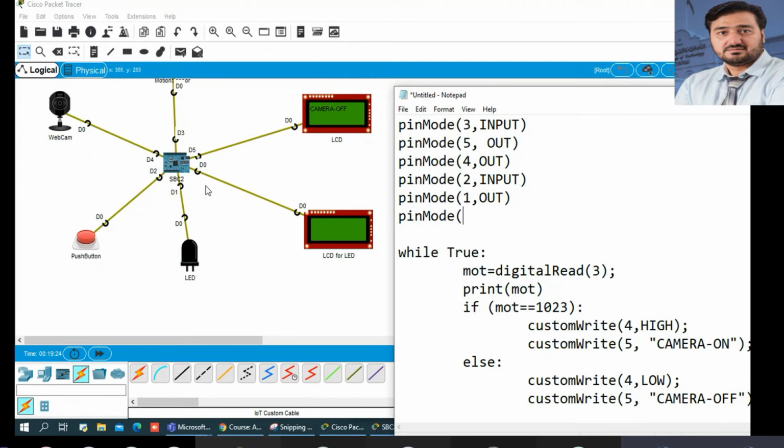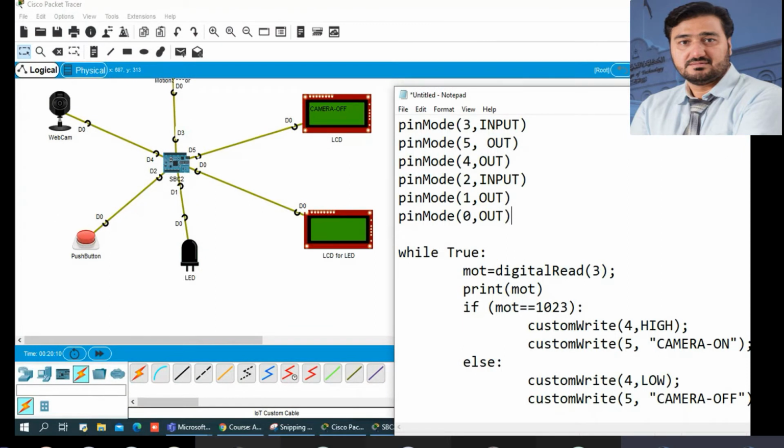This LCD is connected with D0. Is it an output or input? Tell me please. Now MashaAllah, you understood what input and output are. The concept is clear. Now you can easily complete the mini project, which means the assignment.